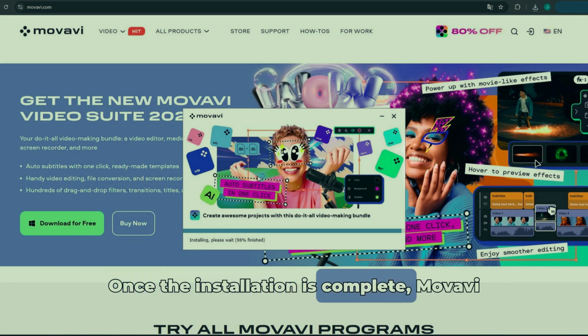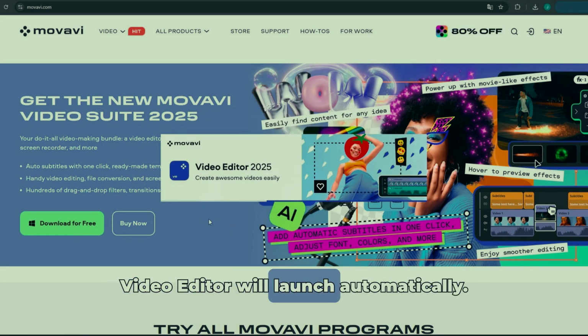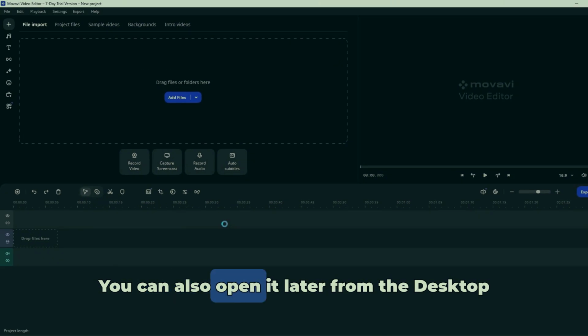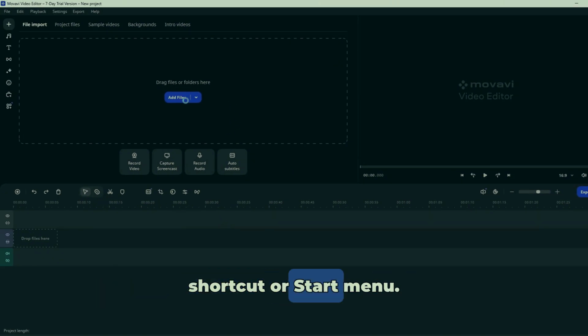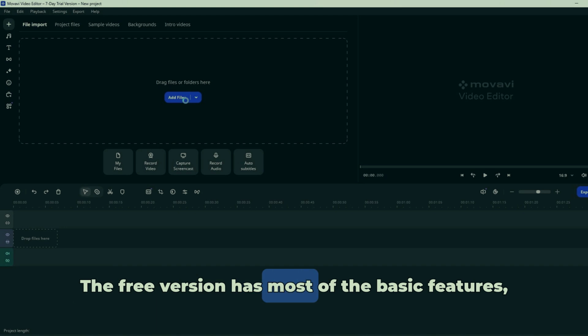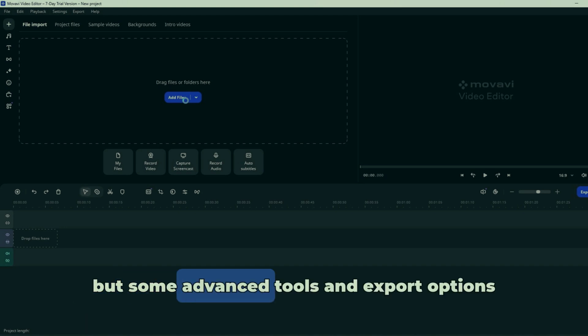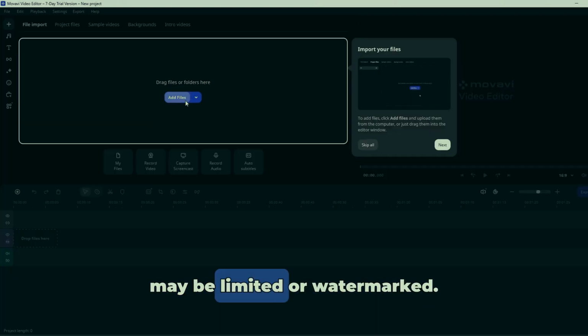Once the installation is complete, Movavi Video Editor will launch automatically. You can also open it later from the desktop shortcut or start menu. The free version has most of the basic features, but some advanced tools and export options may be limited or